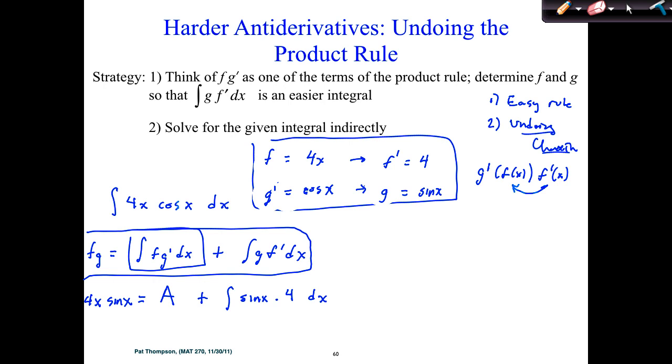Okay, so then we're home free. A equals what? This minus this, right? We're just solving this big equation for A. So A equals 4x sine x minus integral of 4 sine x, which is 4x sine x